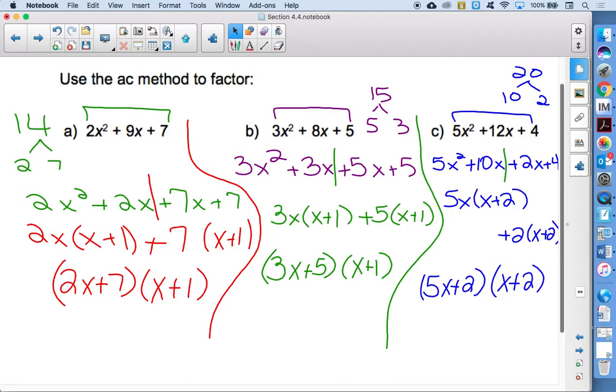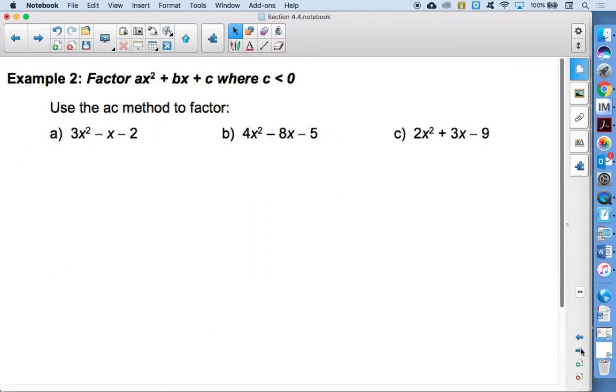So see if you can work through the next 3 problems. The signs change, just make sure you're paying attention to the change in the signs. But the factoring process doesn't. So multiply a times c, see if you can get it equal to a negative 1. Focus on